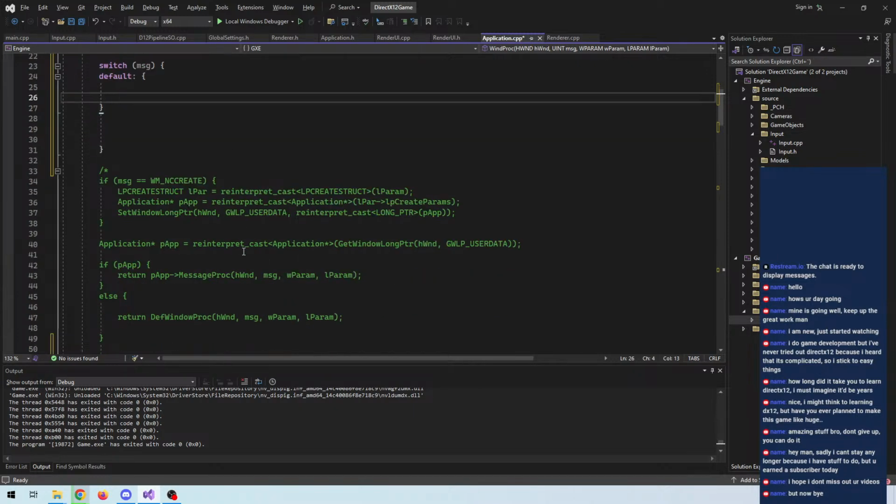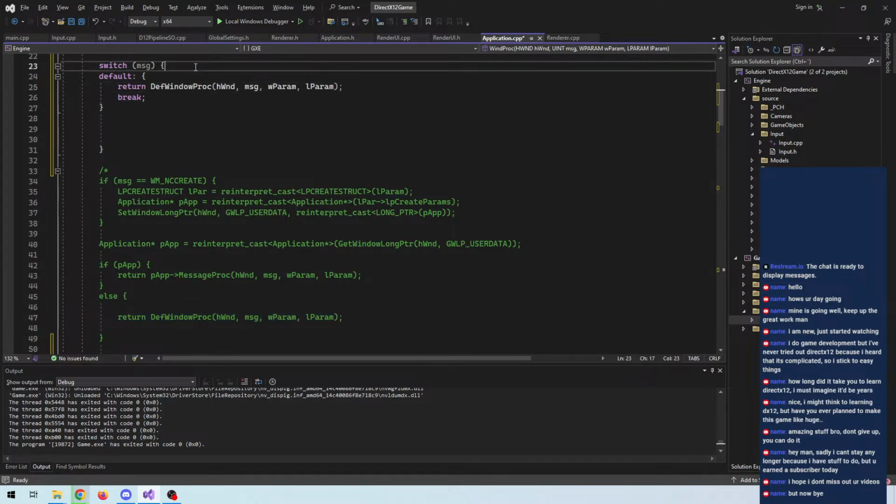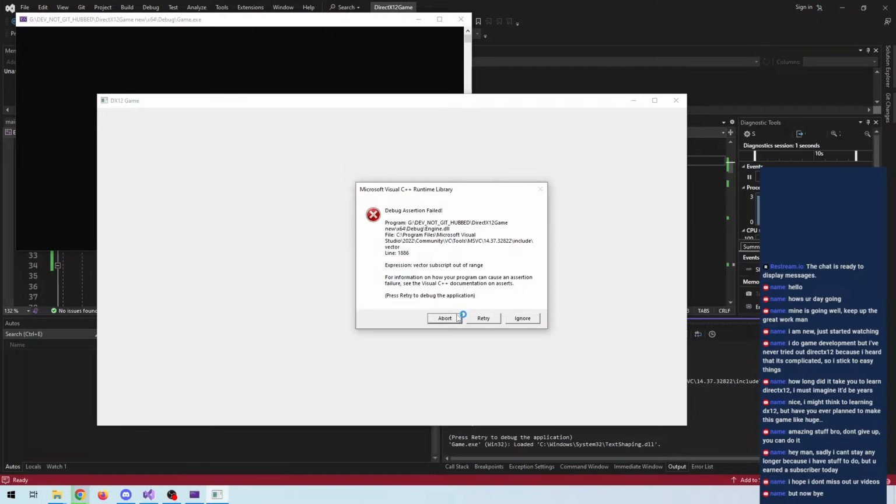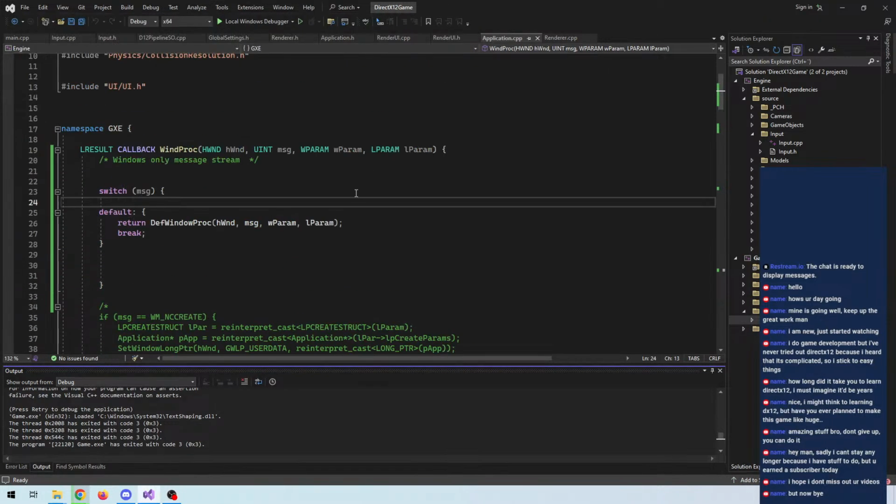Let's see, we don't need to break, but we will do it just for good measure and superstition. Now our window won't do anything. No, we will even have a crash. Anyway,